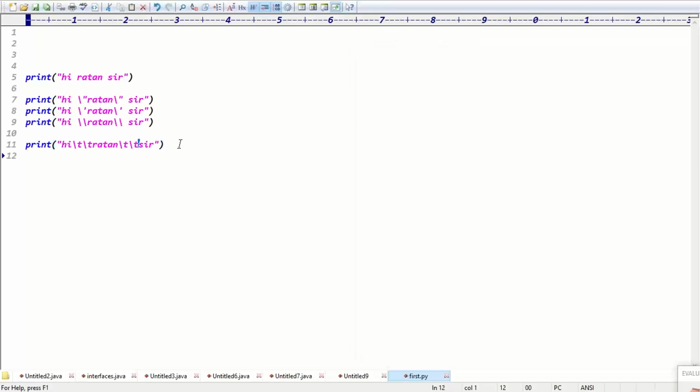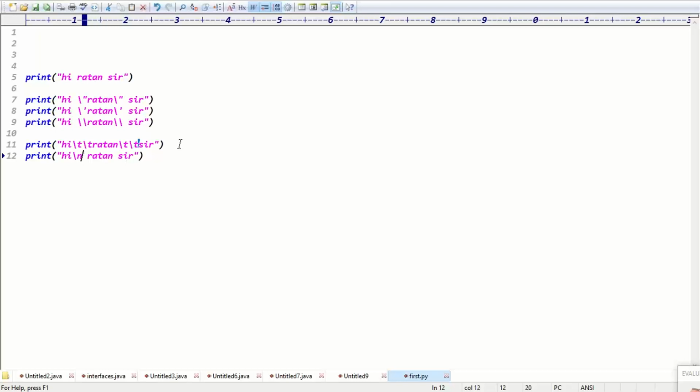Exactly. And the next point is, I want to print hi Ratan sir in 3 lines, guys. Printing hi Ratan sir in 3 lines means printing hi, printing Ratan, printing sir. Are 3 lines of code recommended or not recommended, guys? Definitely not recommended, right? Then which one is recommended? Simply write print of hi Ratan sir with backslash n, right?